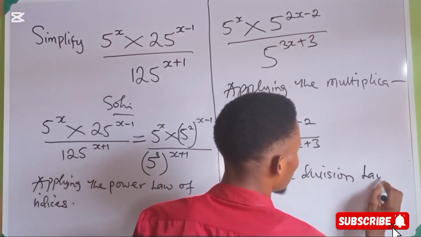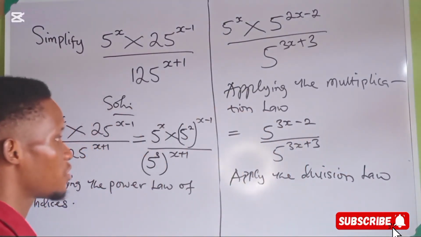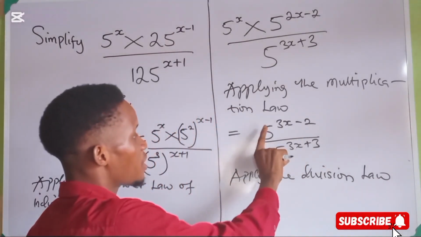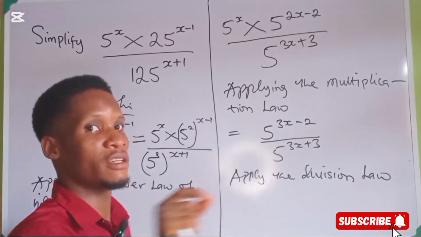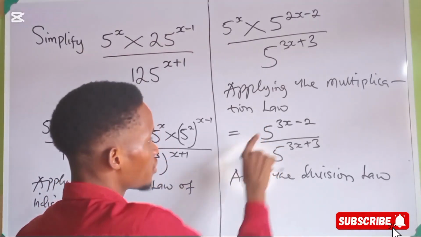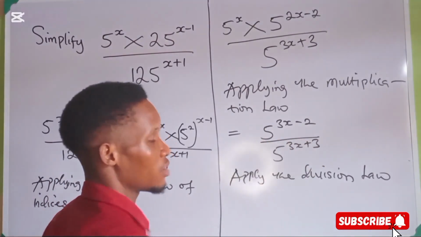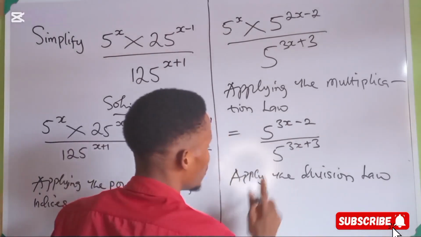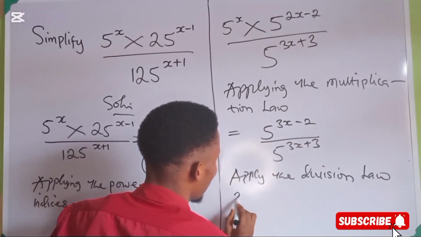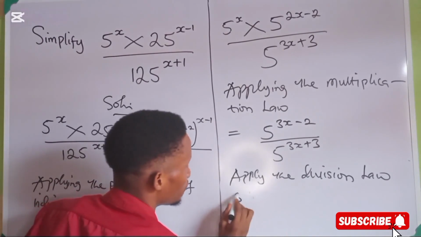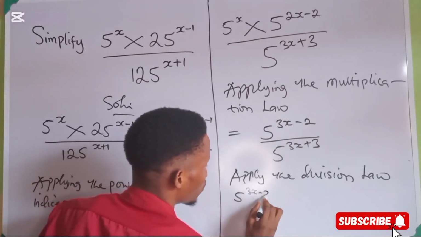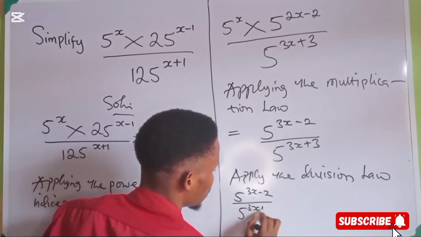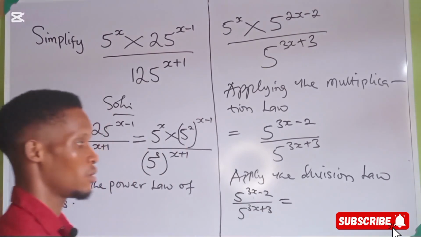The division law says that if they're in index form, they must have the same base, having this division sign here. So we collect one of the base. It means that 5 raised by 3x minus 2, all divided by 5 raised by 3x plus 3 will now give us,